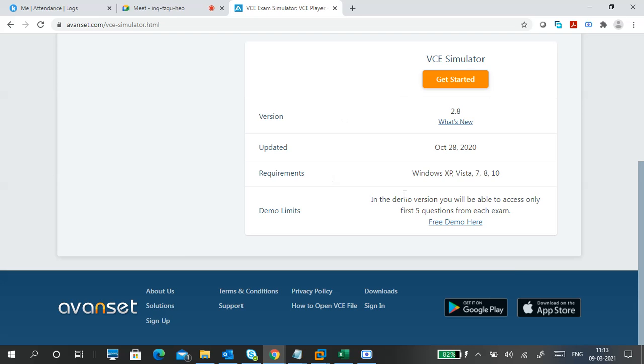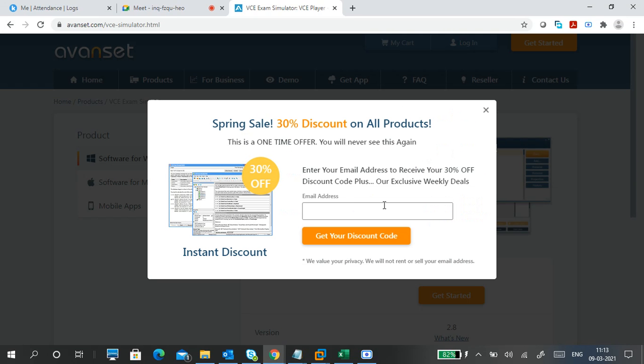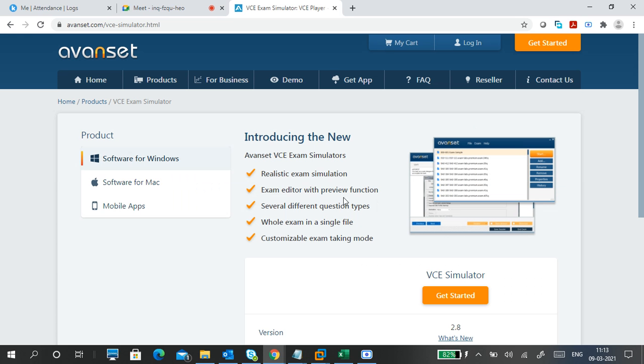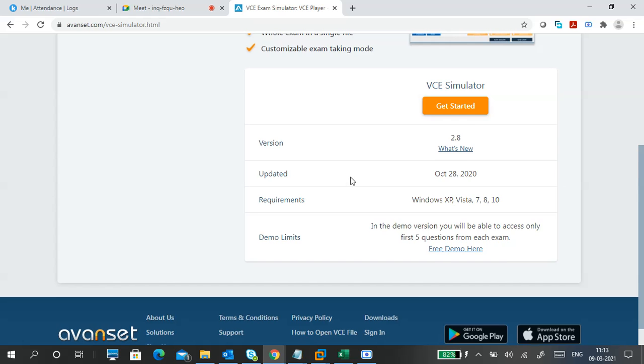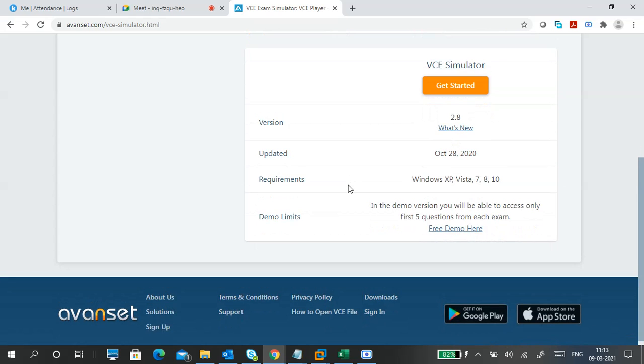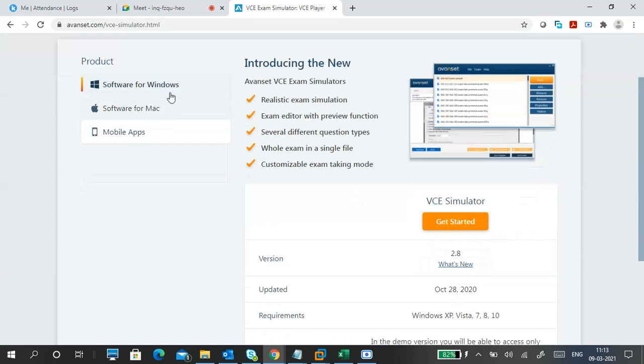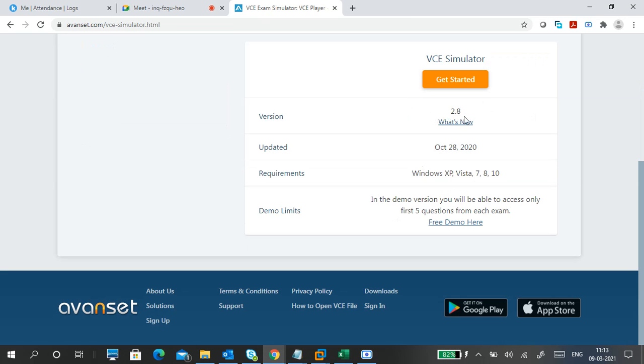You can install and use it. A demo version is there, but you have to pay for utilization also. If you want to go with the examination, all kinds of stuff come with this software. Get started simulator, version 2.8, the latest version.